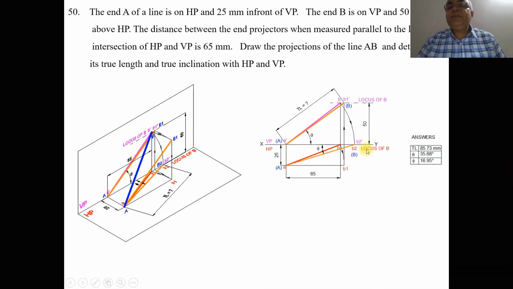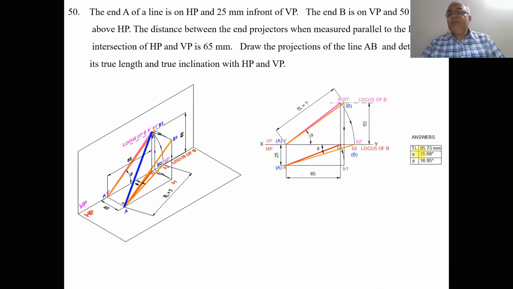But B is already on VP as per the given problem. So B2 is a case wherein the point is on both HP and VP. So now AB2 is the line which is in the true length. You mark this point as capital B. Then join A and B2 with a little bit thicker line than the XY line, and you measure the angle as phi. Show all other dimensions, and by using the scale you measure the true length of this line. A dash B1 dash and AB2 both have the same length, which is equal to 86 mm when you are doing it manually.